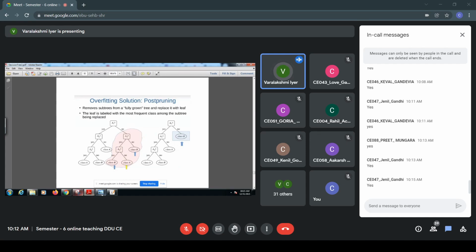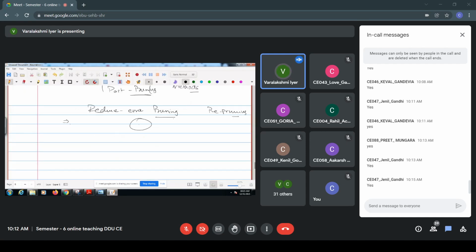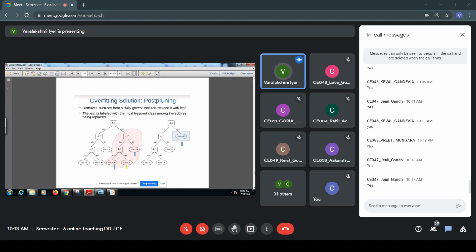If we have certain other cases, for example, in this Outlook itself, let us take the example. You have sunny, rainy, and overcast, and you are splitting again on humidity, where yes and no are the values. Here, you are going to prune this particular subtree, and you will replace it with the most common class occurring in the subtree. Here there is no most common class; there is an equal number of yes and no. But in the earlier example, there was a most common class, which was class B, so we could replace with class B.